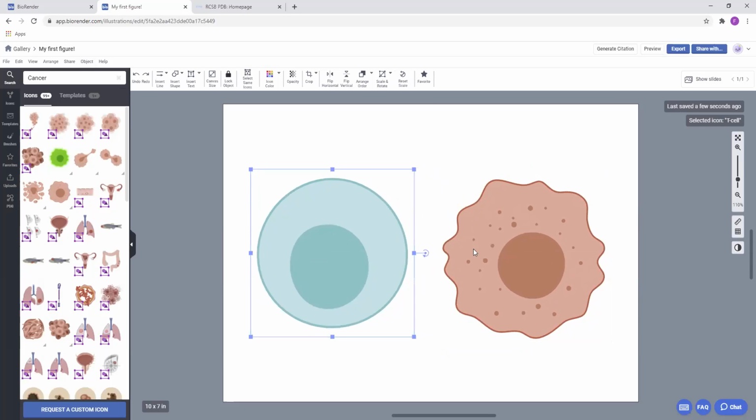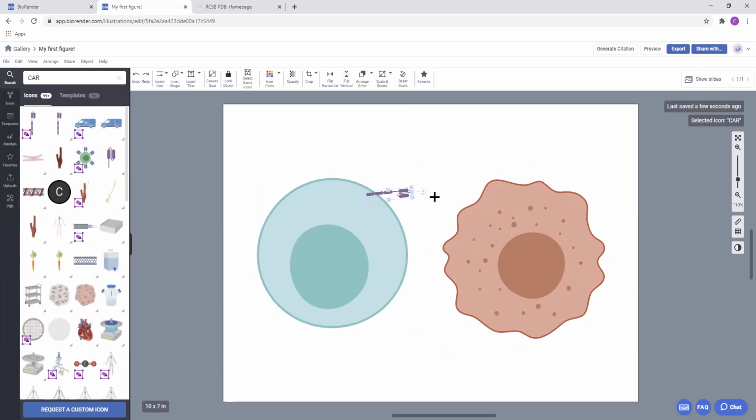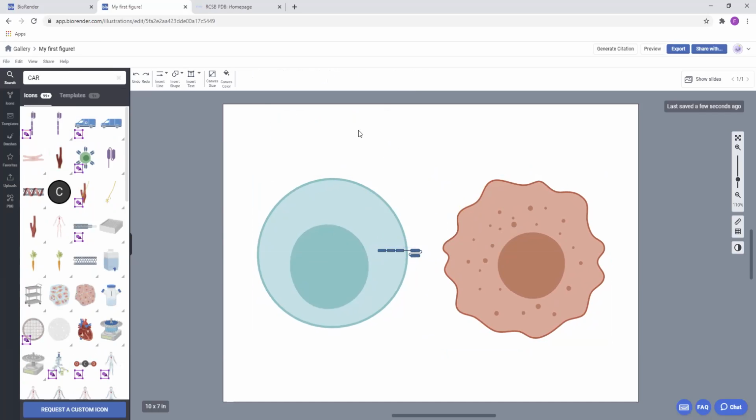Yeah, and just like that, I have my T cell and my cancer cell. I want them to interact, so maybe I'll go ahead and throw in CAR T cell receptors. I'll go really specific, drag that out, resize it, and reformat it here. And one thing I want to note is that these are what we call icons, but we actually have 3